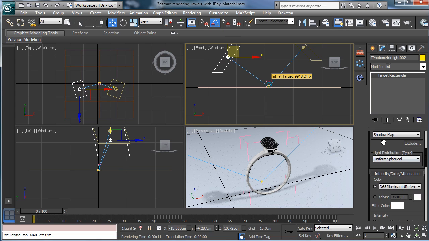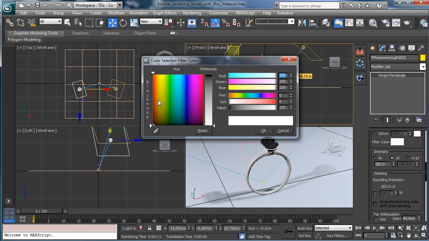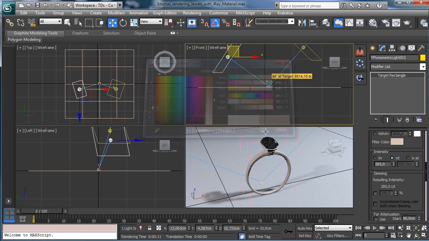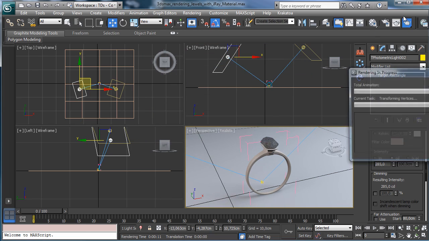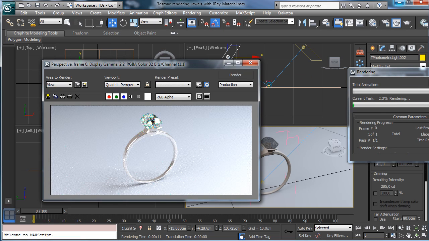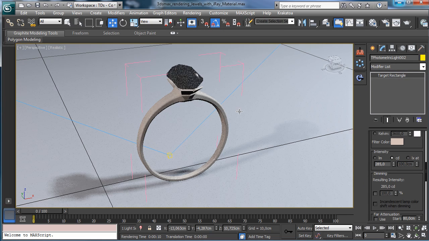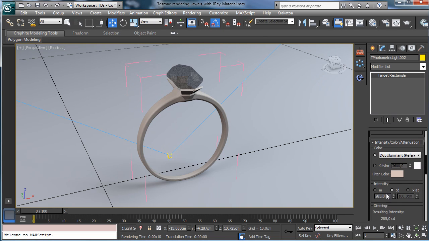And this one will be less powerful, and let's say that we have a filtering color to have something like that. Let's see how it is coming. You see that it is going better than before. We have just to tune a little bit the lighting. Okay, another little bit of tuning